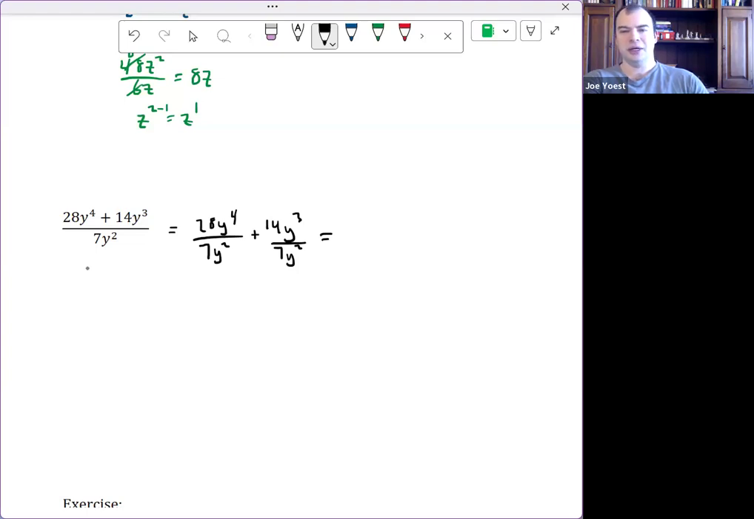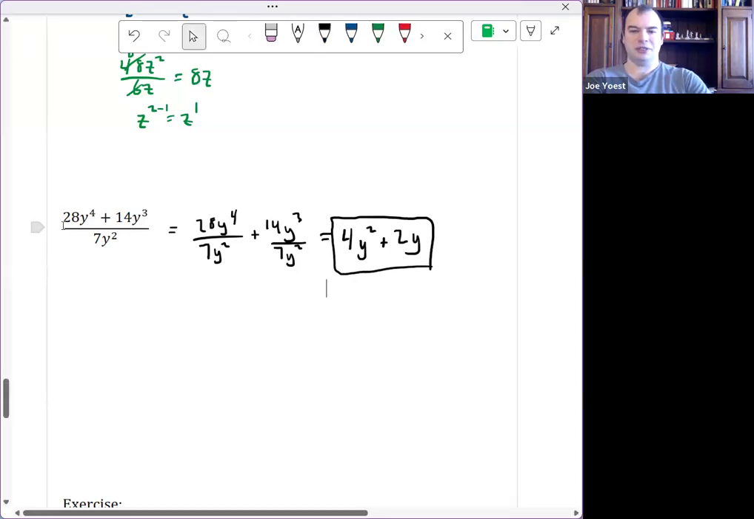But 28 over 7, I know 7 fours are 28, so that's going to be 4. Y to the fourth over y squared, that's y to the power 4 minus 2, or y squared. And plus 14 over 7, well, that's 2. Y cubed over y squared is just y. Right, so I could do this pretty quickly once I get used to looking at these patterns. And in fact, I might even be able to skip this intermediate step altogether and just work off of this first